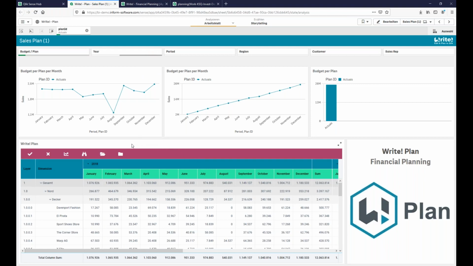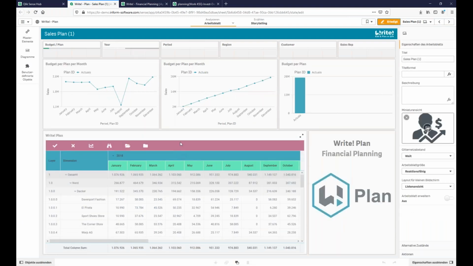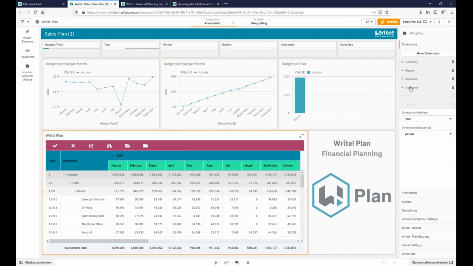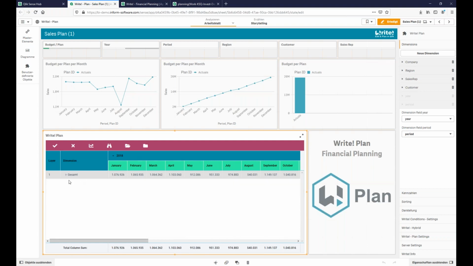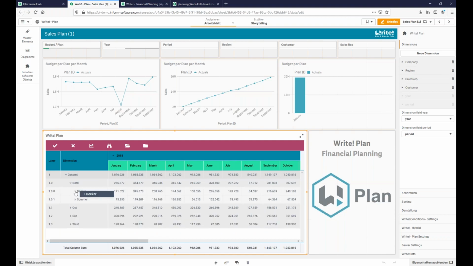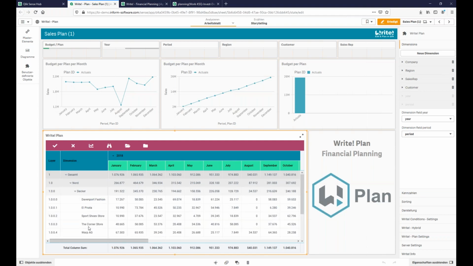The setup of our extension is pretty much like a common Qlik Sense pivot table in the Qlik Sense application. If I show you how this extension is configured, we have 4 dimensions, which is the hierarchy we talk about. First is the company, second is the region, then comes the sales rep, and under the sales rep there are the customers. So this is a pretty simple data set, and I will right away show you how the extension works, because you see these values here,